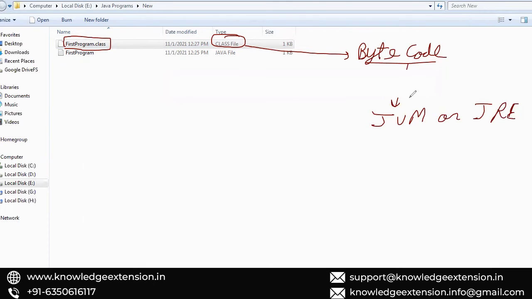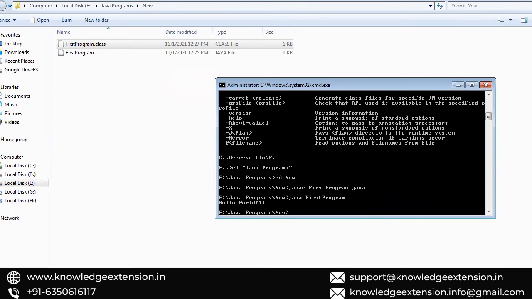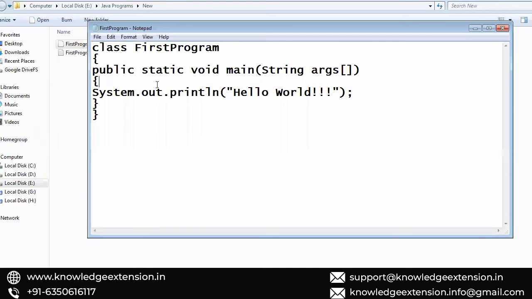So how can we run this code? For run, you can just call a command here that is java only, and you pass only the program name. You do not write any dot class or dot java here. When you run this, you can see you get the output hello world. Understood? So this is the way you can write your first program in Java. So suppose I just want to make an addition of two numbers program.